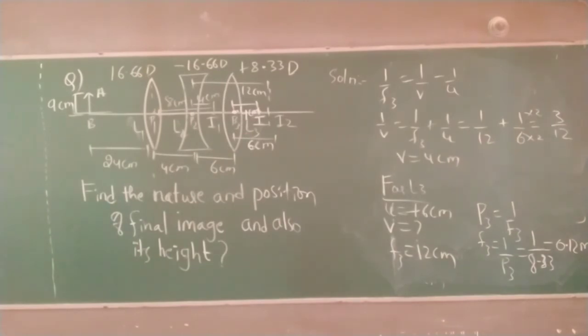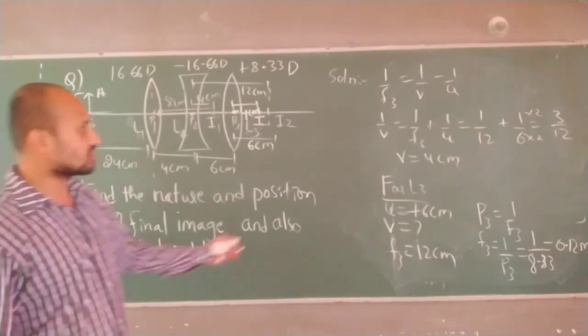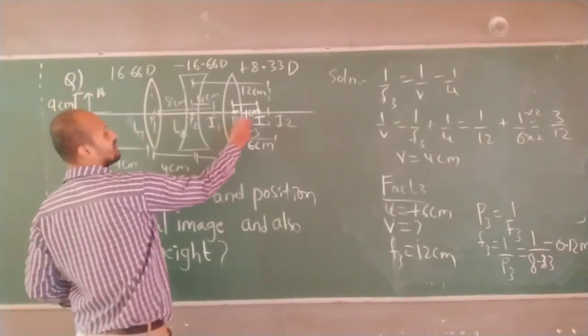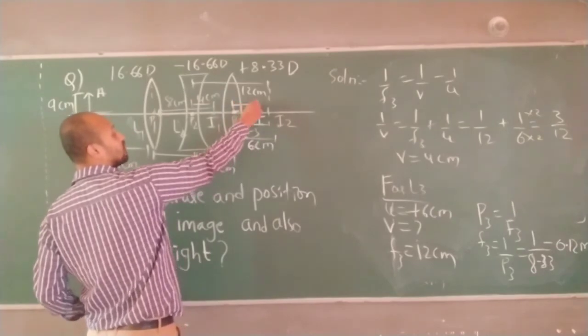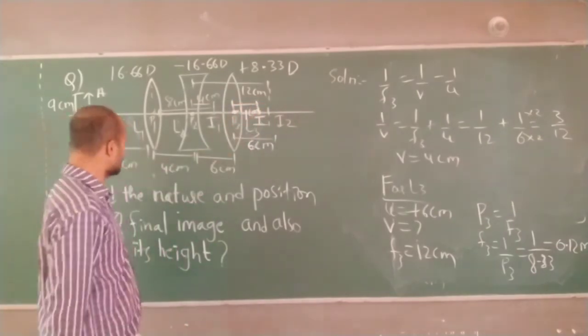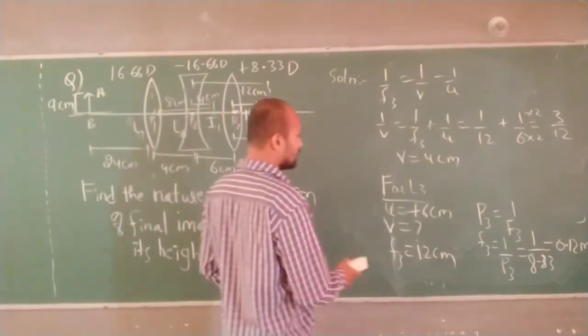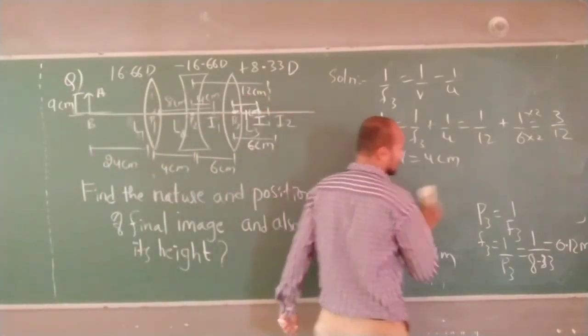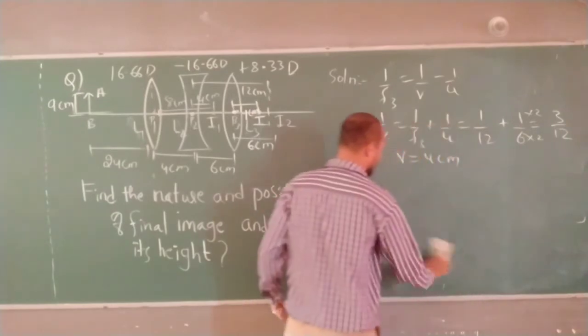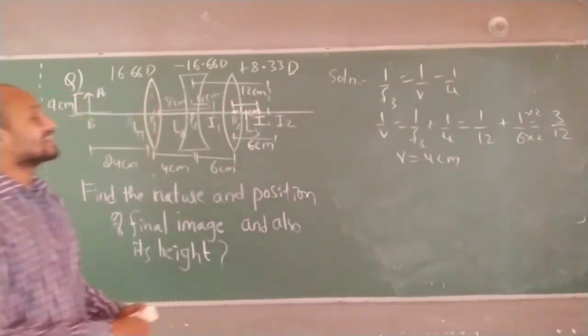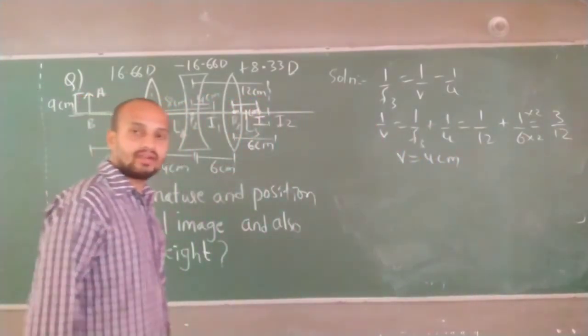The next question is find the magnification. Correct now? Find the nature and position of it. This is the position of the image. From the third lens, it is having the final image at 4 centimeters from the third lens. Okay, so I will find it out now. Nature. To find the nature of this image,